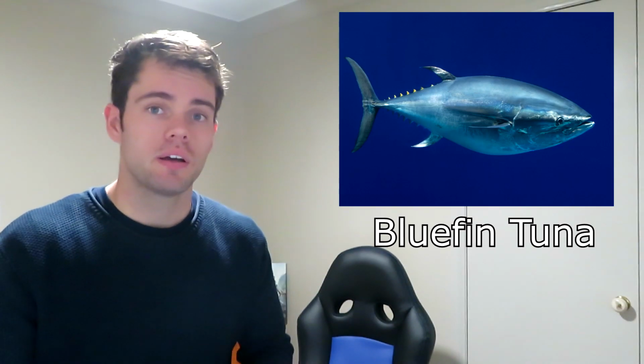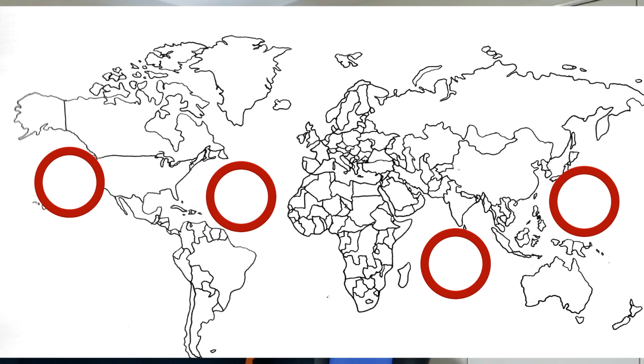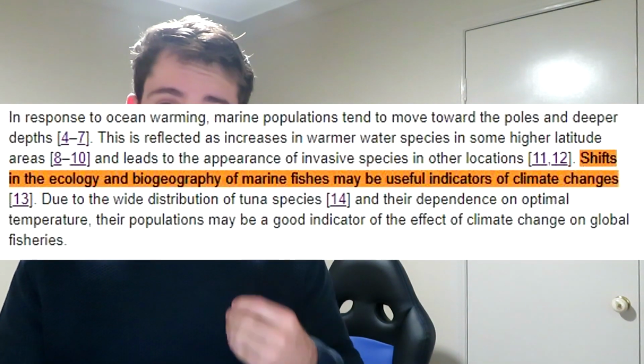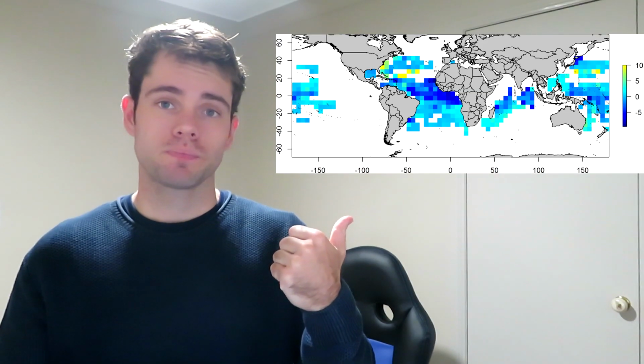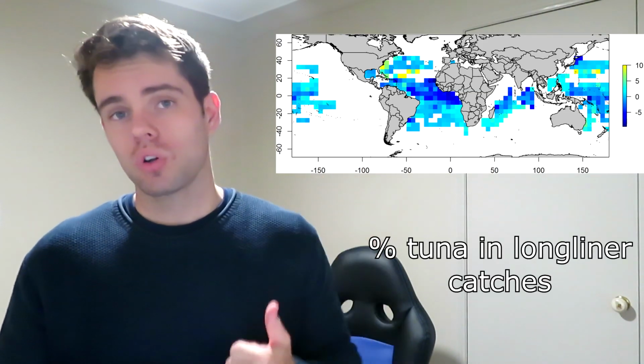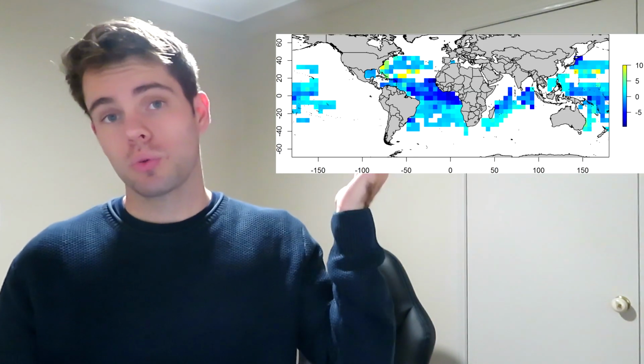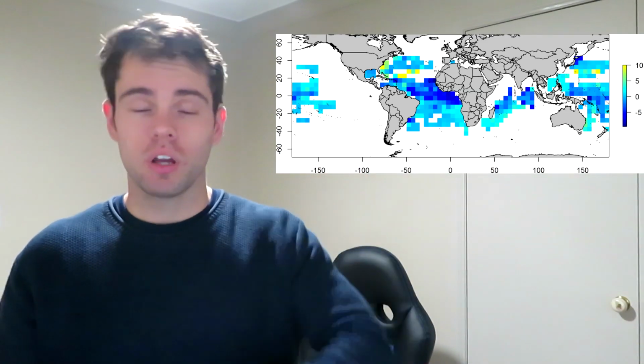Bluefin tuna, as well as many other commercially popular fish, are moving northward according to a lot of the global catch rates from fisheries. Populations of tuna are a great indicator of climate change, as tuna distributions are typically influenced by the water's temperatures. This graph here indicates the percentage of longline catches of bluefin tuna. And you can see that a lot of the catches are moving northward, or a lot of the catches are being found northward